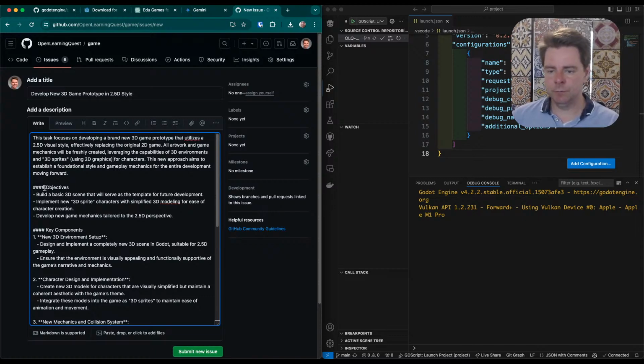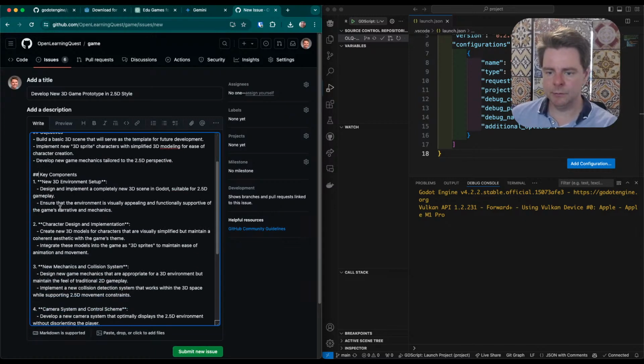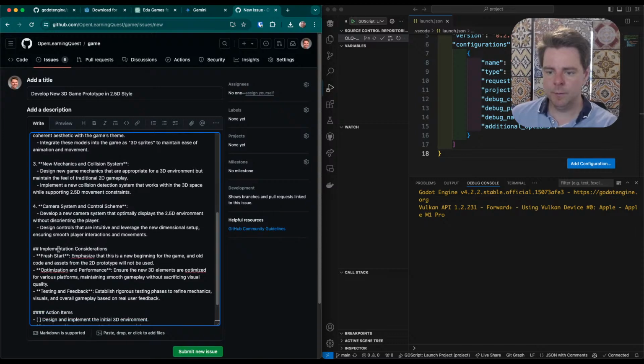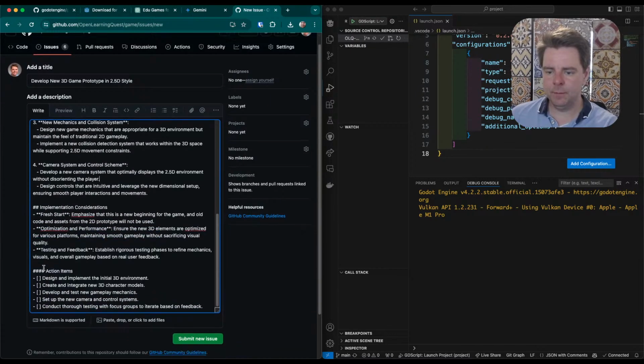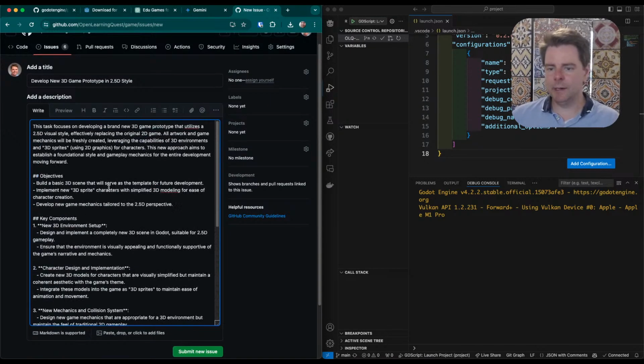Build a basic, so firstly, I don't like how it always does the indentation. That's wrong. And then we can take out some of it. Build a basic 3D scene that will serve as the template for future development. Implement a new 3D sprite. Implement one new